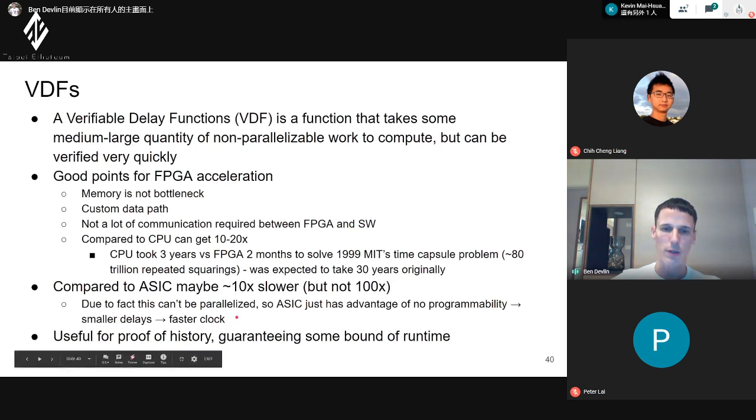But there's no parallel advantage that you can use to make ASICs really fast. So this is good for proving proof of history or guaranteeing some bound of runtime, because you can say, give me the result of this VDF, and it verifies that you took so long to do something.